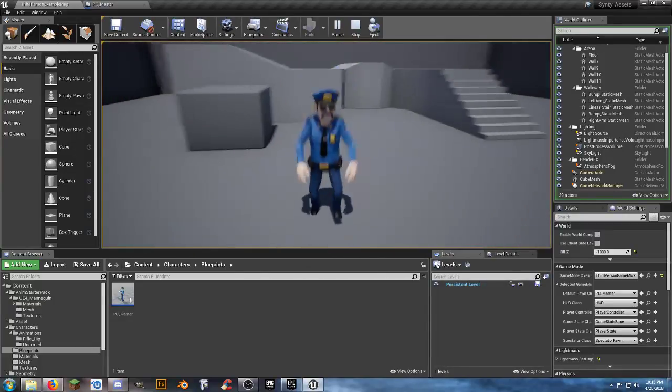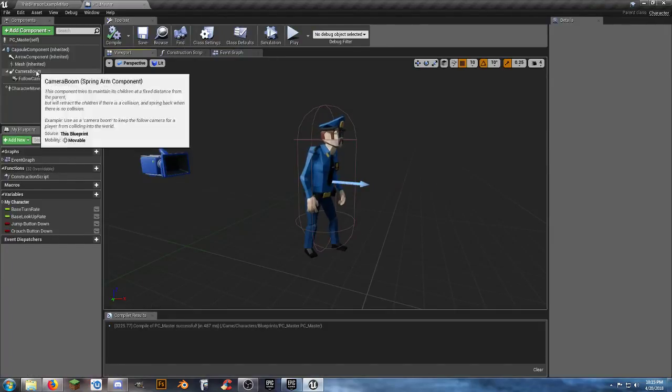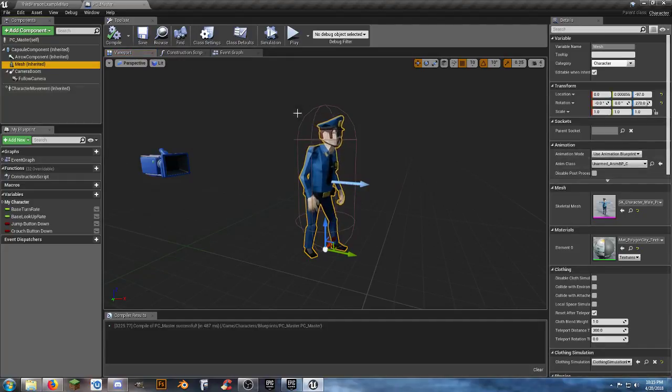So this was the ones from the city, but what if we don't want to be that guy? We want to be that really cool FBI guy or the SWAT guy. Since we combined all the asset packs into a single one,